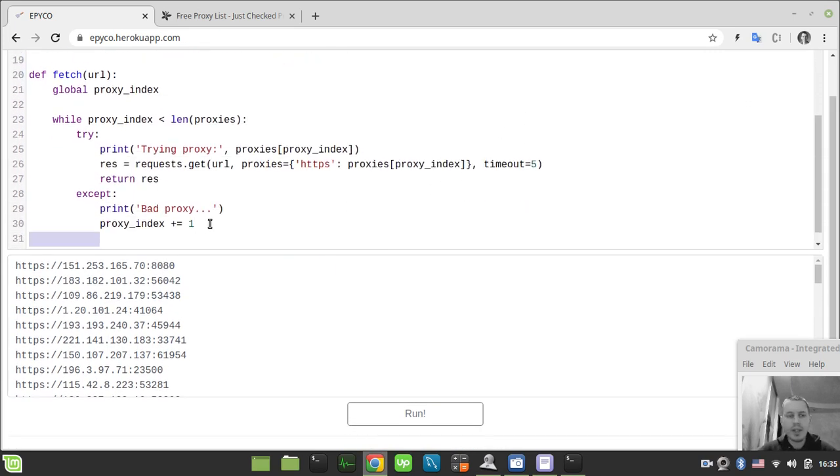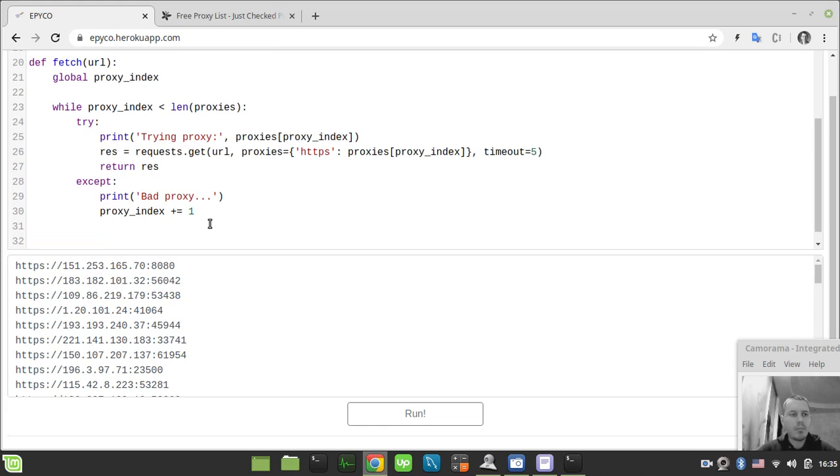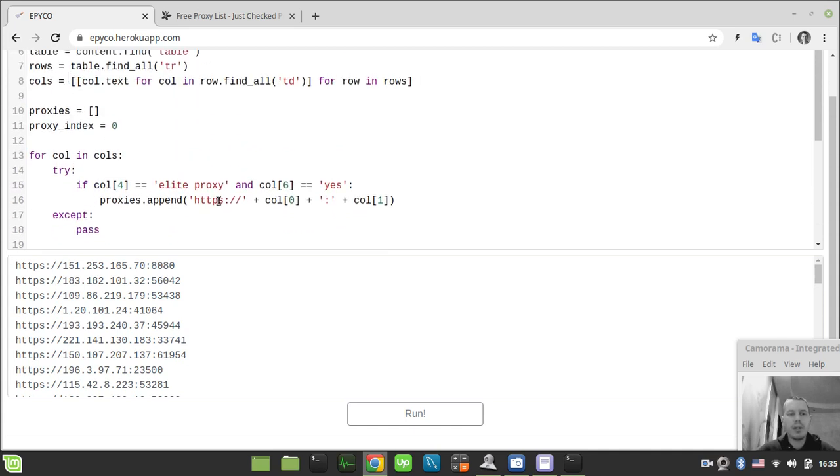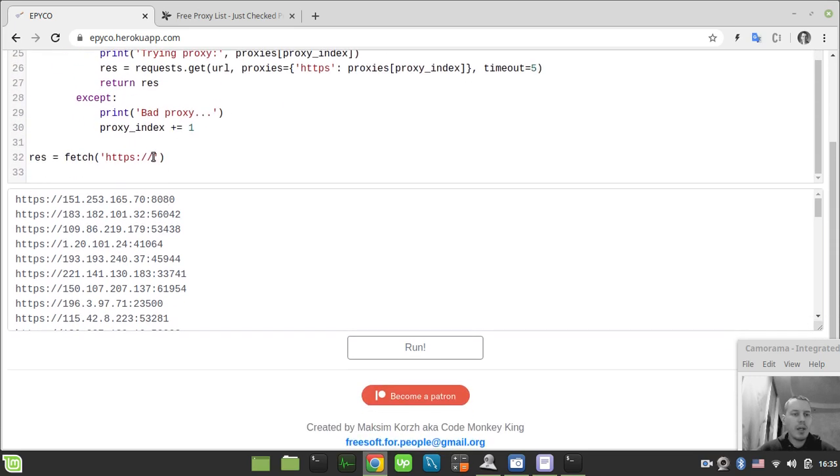So now let's actually try to test our fetch method here, our fetch function. So let's try to create a response that would be equal to fetch, and now let's provide the URL. So I say HTTPS. By the way guys, make sure if you're using HTTPS proxies, the link you're trying to request should be HTTPS as well. And if you're working with HTTP, then respectively you should have HTTP here, here, and in the proxy list itself, remember, like here, so you would be appending HTTP instead of HTTPS. So just bear that in mind. Okay, so HTTPS